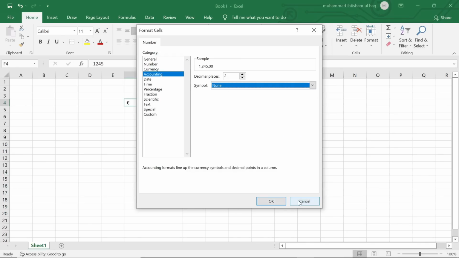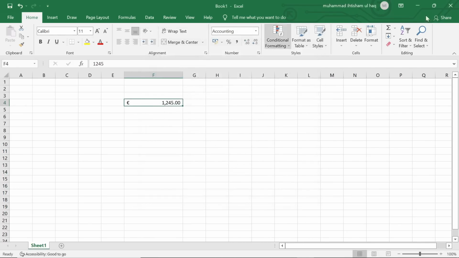So let me click on cancel. So this is all. The next option we are going to see is the percentage option. It just works for the percentage, when you want to apply the percentage to your text. Like I write the number here and then I want to convert it to the percentage. Click on it and then I will click on the percentage option, and then it will change it to the